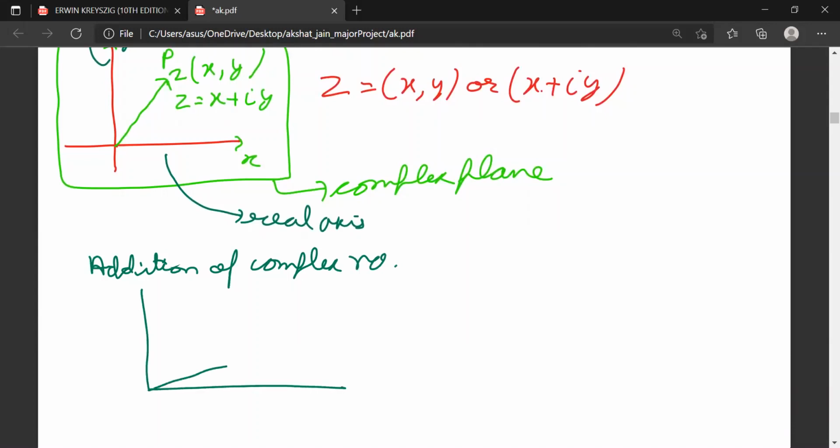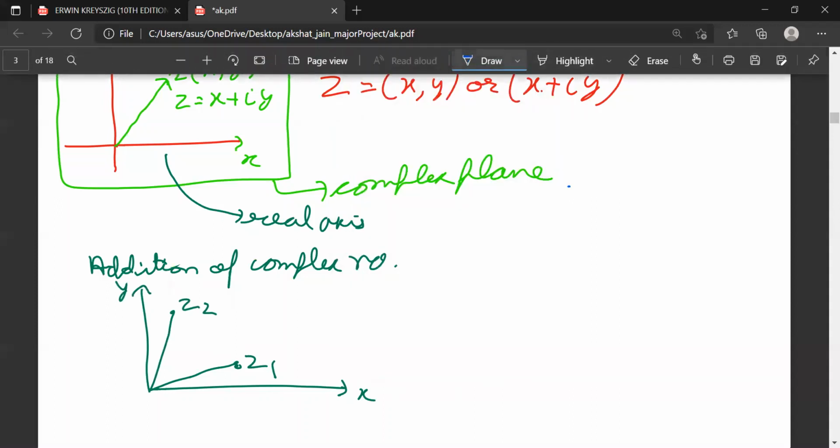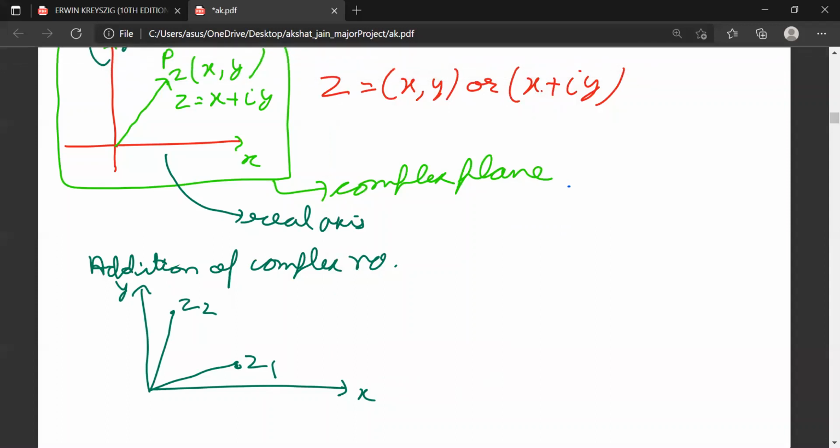Suppose I have one complex number, that is z1 here, and another complex number, that is z2 here. This is x and this is y. Right? So what will be its resultant? We are finding the resultant of vectors, which we form using the parallelogram law. We will create a parallelogram in this form, and this is their resultant. What is that resultant? z1 plus z2. That is our resultant. So in complex numbers we can show it like this, and similarly we will show it like this.